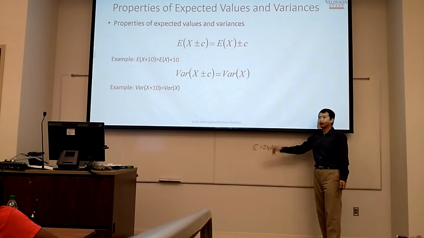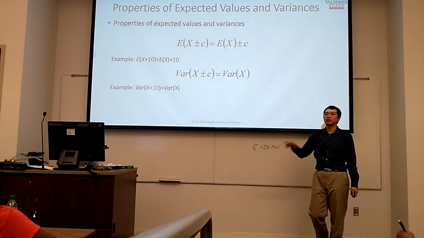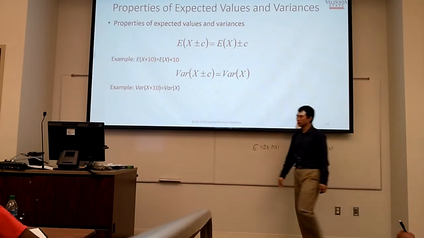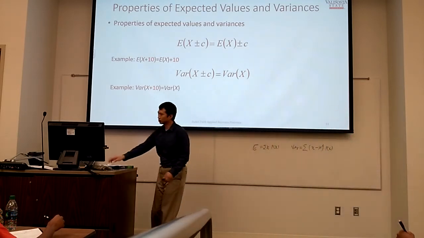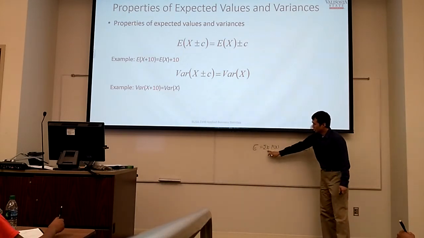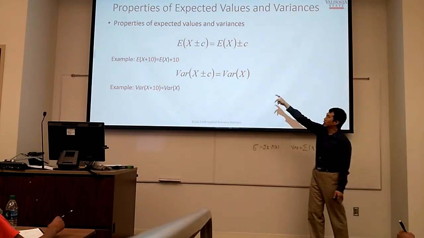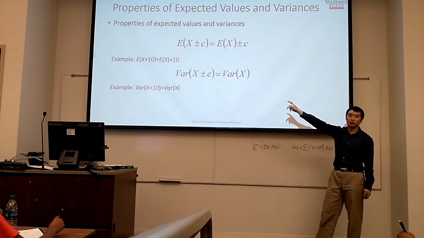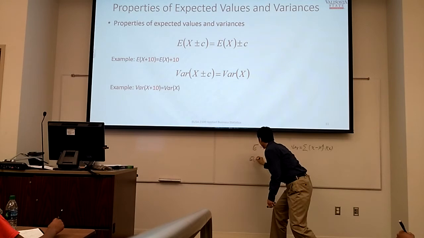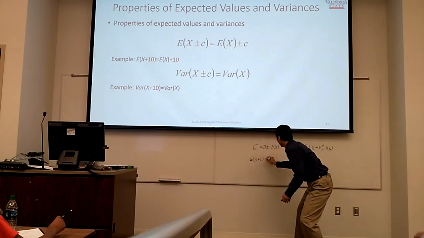The summation of each possible outcome times the associated probability. So if we add one constant to that variable, so this one will be like X plus C, okay? So this is our constant, is equal to